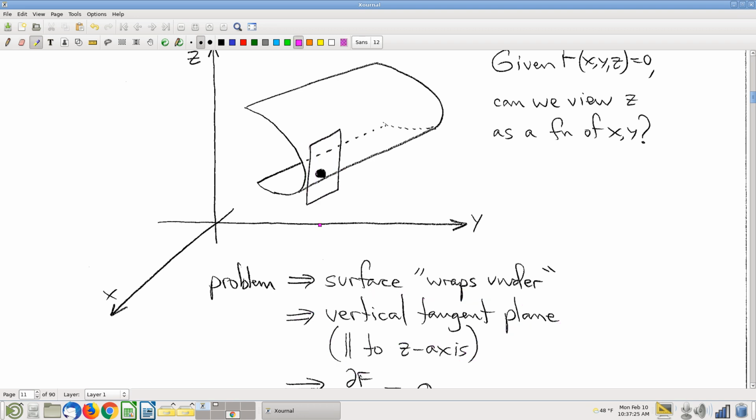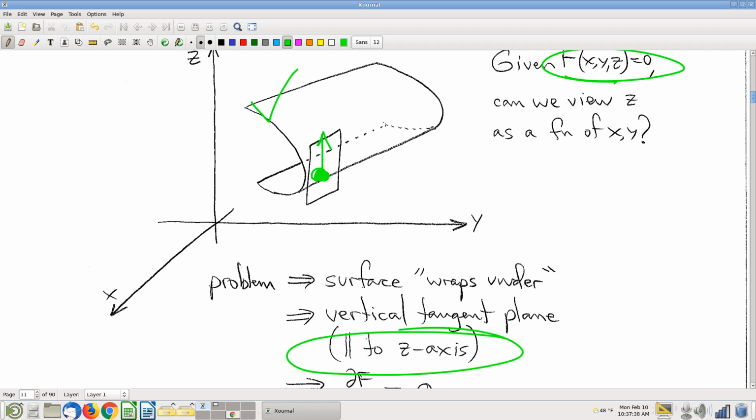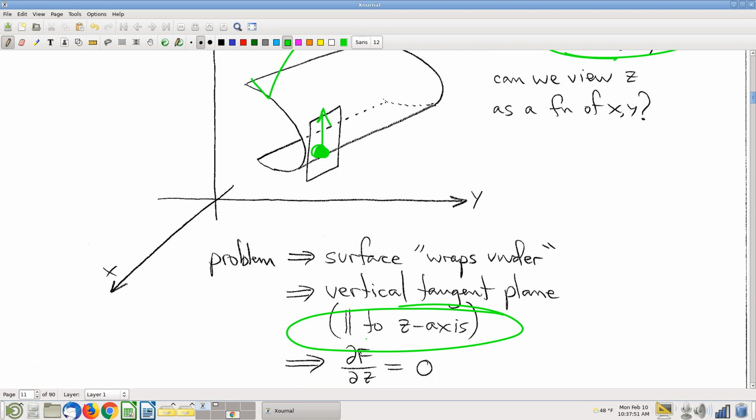That means that as I move along the surface, this surface with that equation where f is constant, at that point there are a lot of different ways that I can go, but one of them is vertical, aka parallel to the z-axis, aka in the z direction. So you just drew the vertical plane, or the tangent plane, right? Yeah, there. So presumably this is at a point where the surface is wrapping under itself,